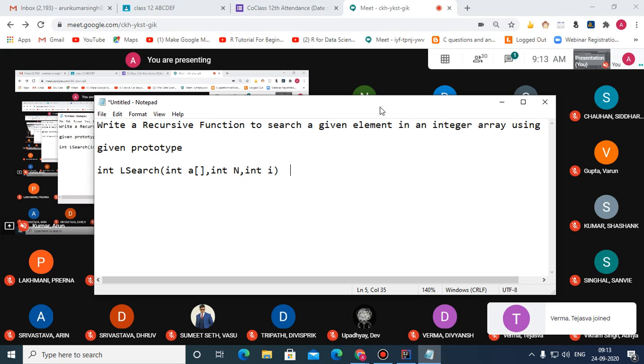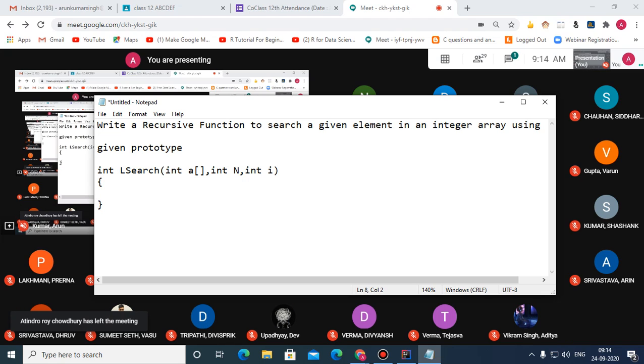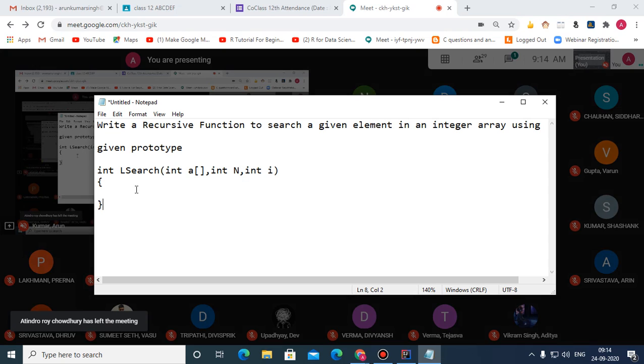Tejas Verma, but on the screen, this is the question of just searching an element using linear search. It is a recursive function and there are three parameters. But anybody else?